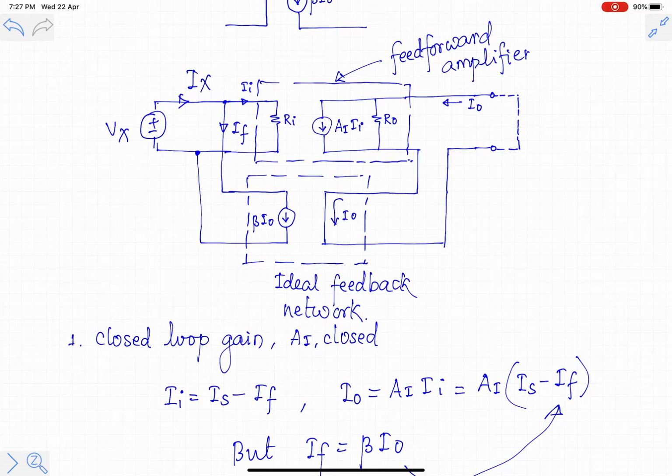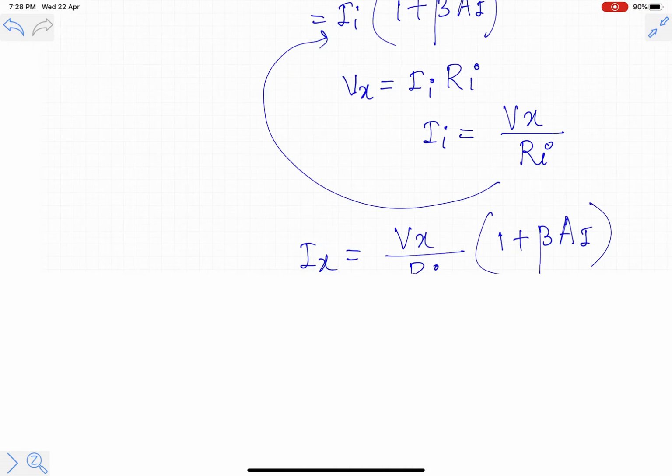On the output side, there is a series connection, so we can say that there will be an increase in the output impedance. We will prove it. When the input quantity is a current, the ideal value of the input impedance is 0, so feedback makes the input impedance closer to the ideal value. If the output quantity is a current, the ideal value of output impedance is infinite. So with feedback, the impedance should increase by 1 plus loop gain. We will see whether that happens in this particular configuration or not.